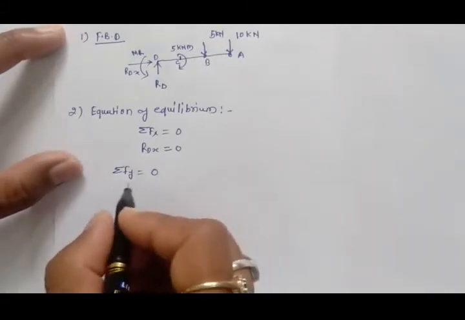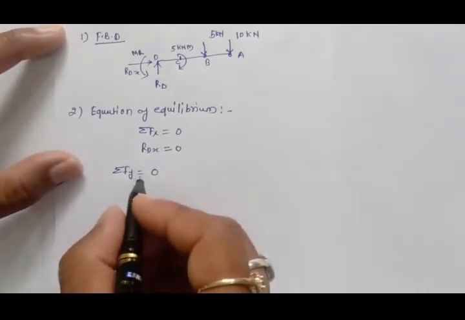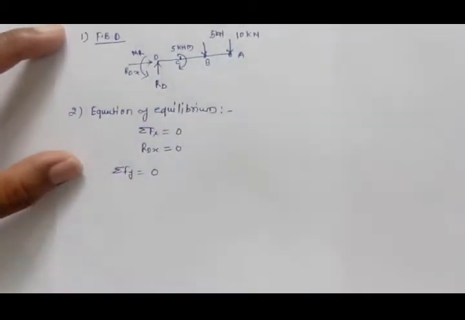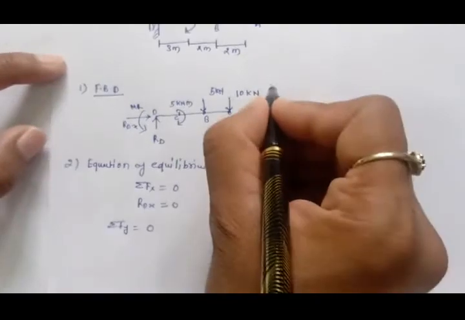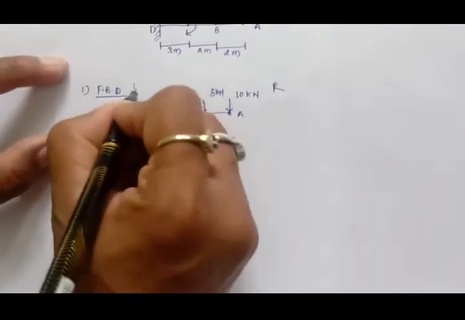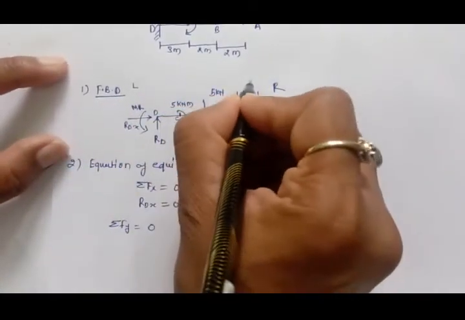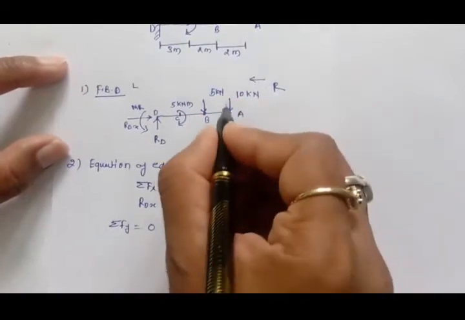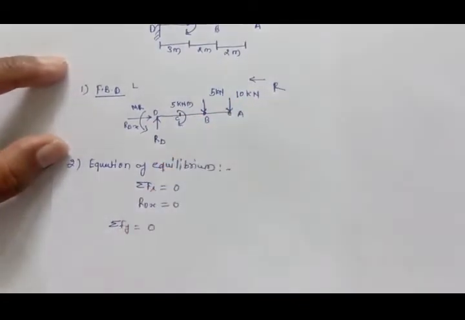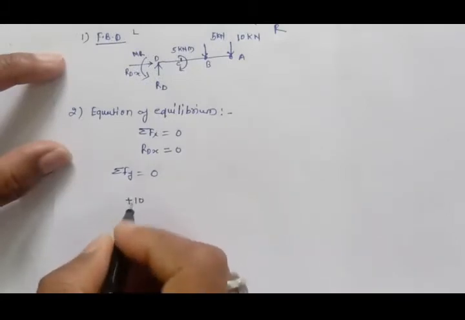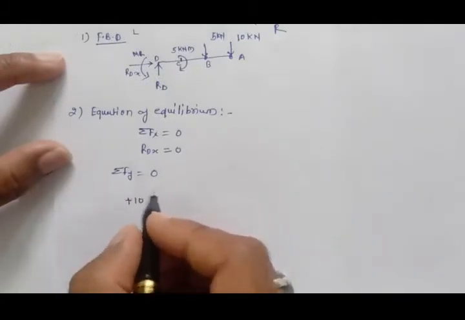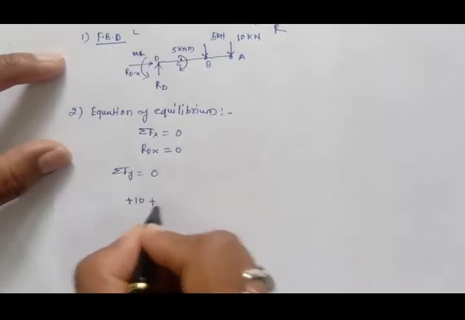As per our assumption, if we move from right to left, downward force will be considered positive, so positive 10 kilonewton will be there. Similarly positive 5 will be there,